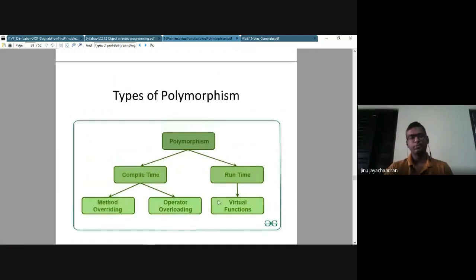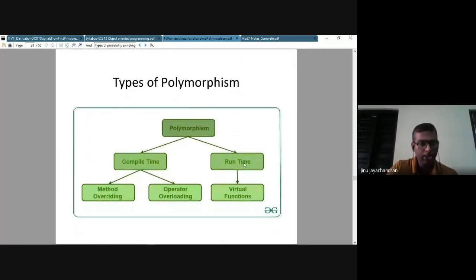There are 2 types of polymorphism. One is called compile time, the other is called runtime. Compile time means a polymorphism which is happening while you do the compilation. There are 2 types: one is called method overriding, another is called operator overloading. We have seen operator overloading already. There is something called runtime polymorphism, which is virtual functions. Okay, we have seen pure virtual functions. Similarly, there is something called virtual functions.